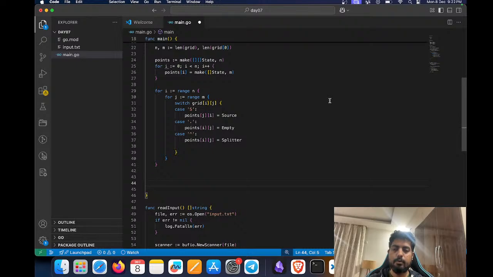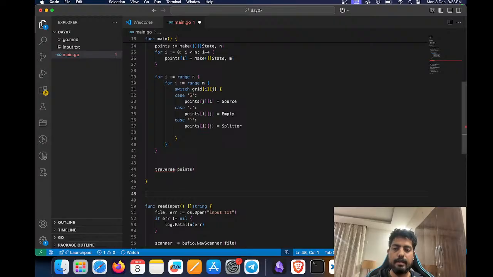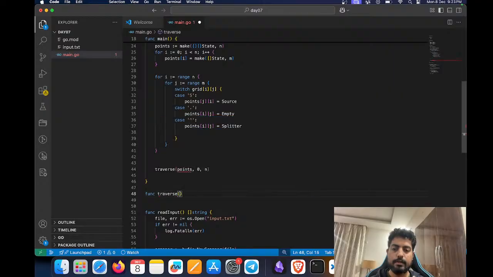So there are a few possible things that we should think about. We can have a function called traverse, which just traverses the points and does an in place thing. It starts with the row number 0, and also the number of rows we can have. So, function traverse